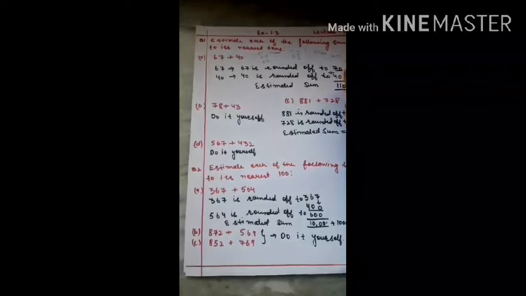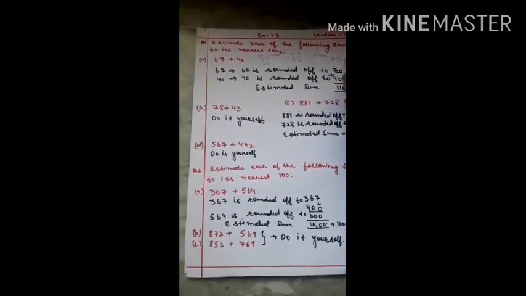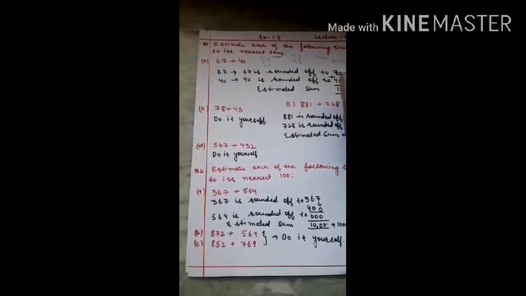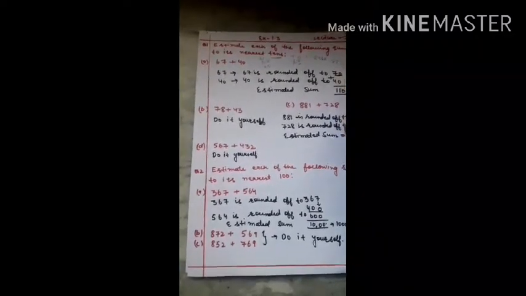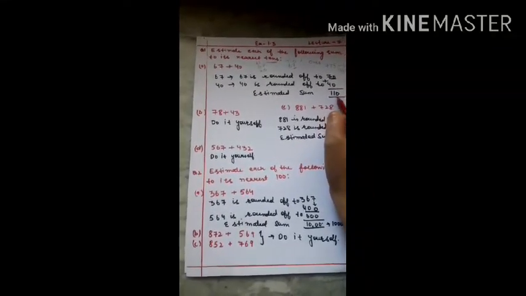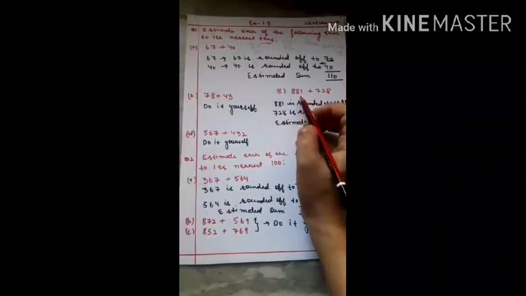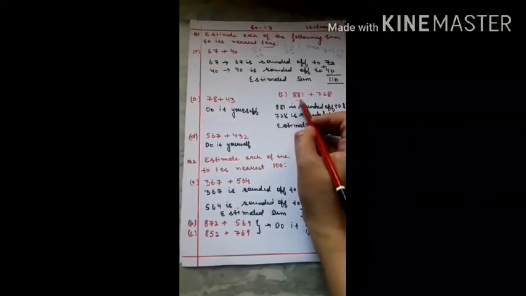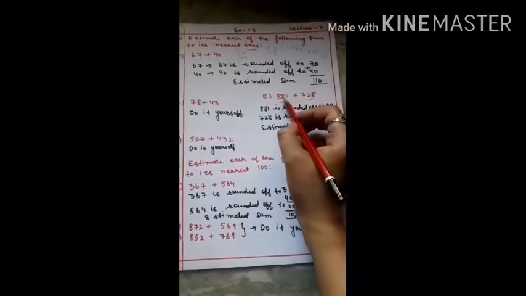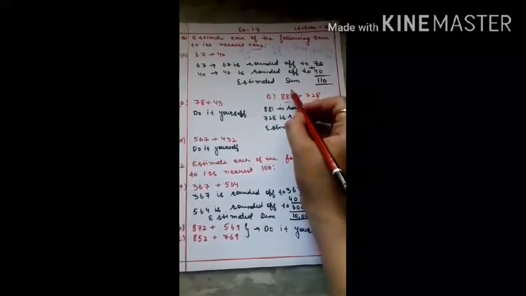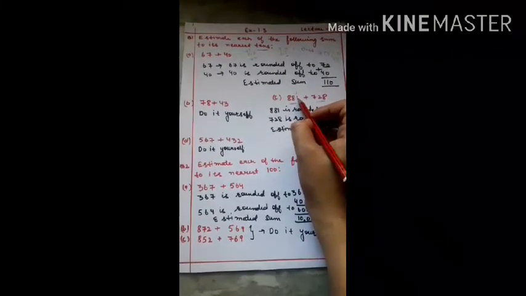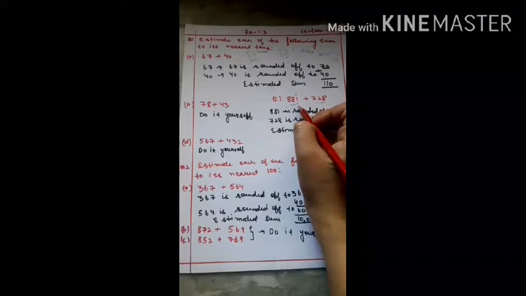Next is your 40. This is the ones place, this is the tens place. Now 0 is less than 5, so no need to do anything here, it simply remains the same. Now you add them, it becomes 110. We have 3-digit numbers here, that is 881 plus 728. In this case, as I told you, you have to look at the digit at the ones place. Here at the ones place it is 1, and 1 is less than 5, so you simply write 0 here, no change will be there.